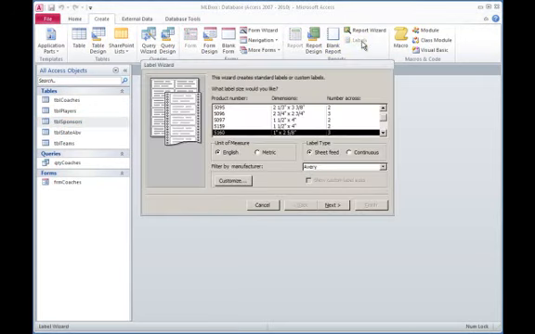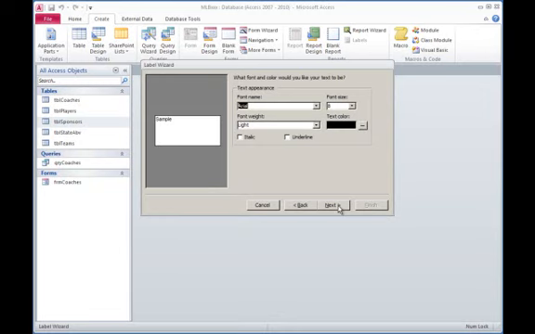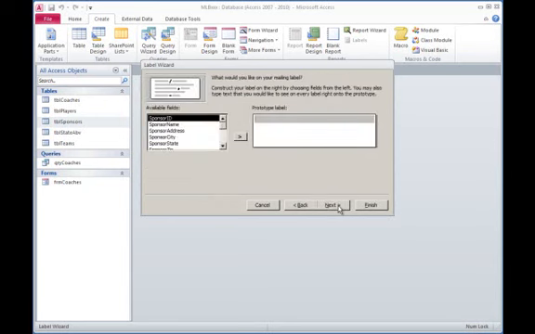And it asks what kind of labels, and I want Avery 5160, so I move to 5160, and then next I'm just going to accept the default text size, etc. And I want, let's see, the first line is going to be my sponsor name, and then space, and then team ID,